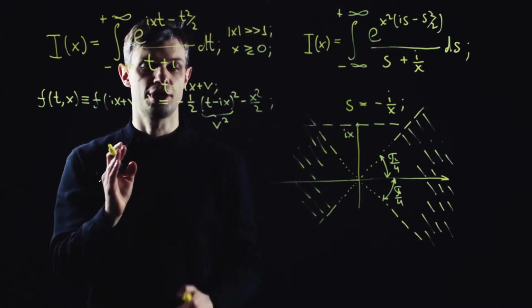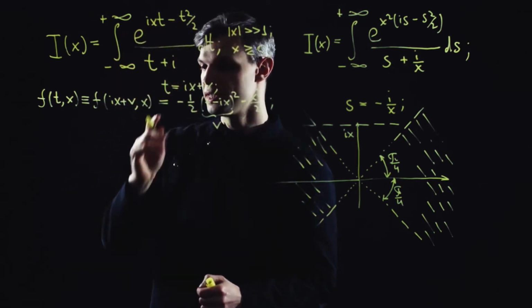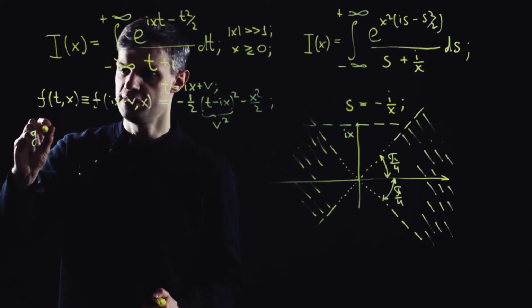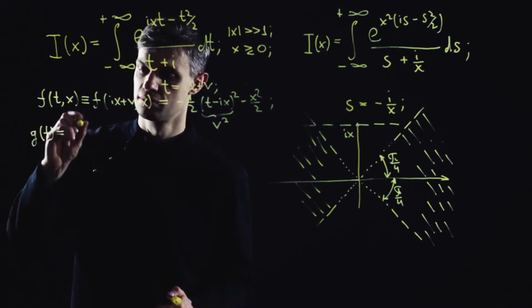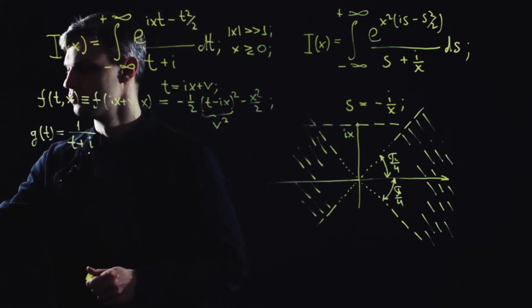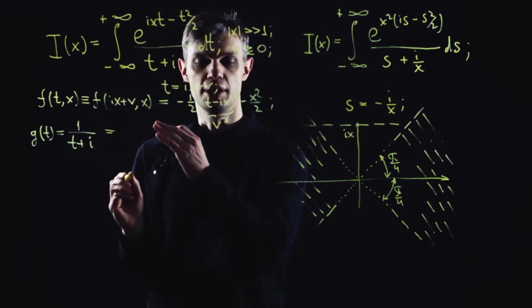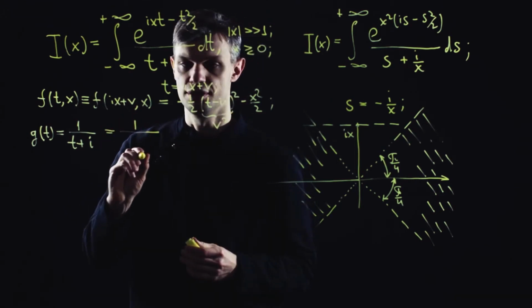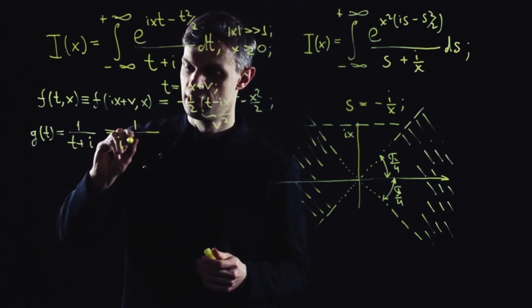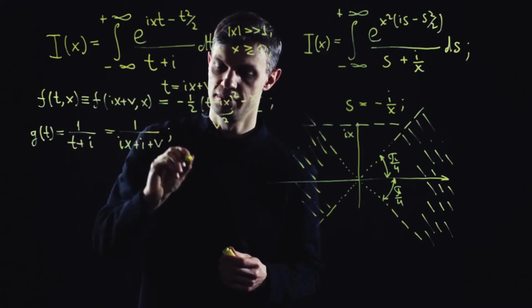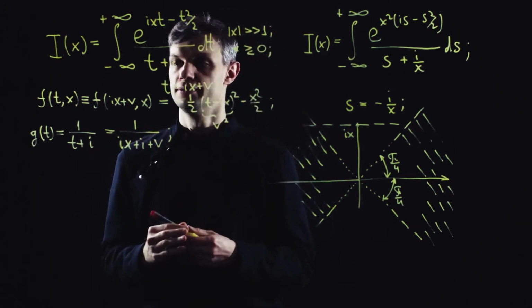Let's see what's going to happen with the pre-exponential function. Let's denote it as g of t. And we plug in this decomposition. So the pre-exponential is turned into ix plus i plus v. Now,